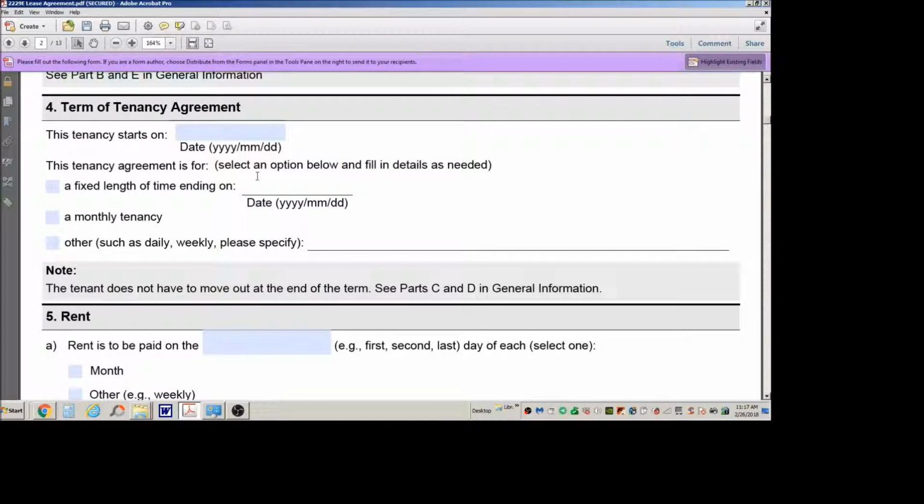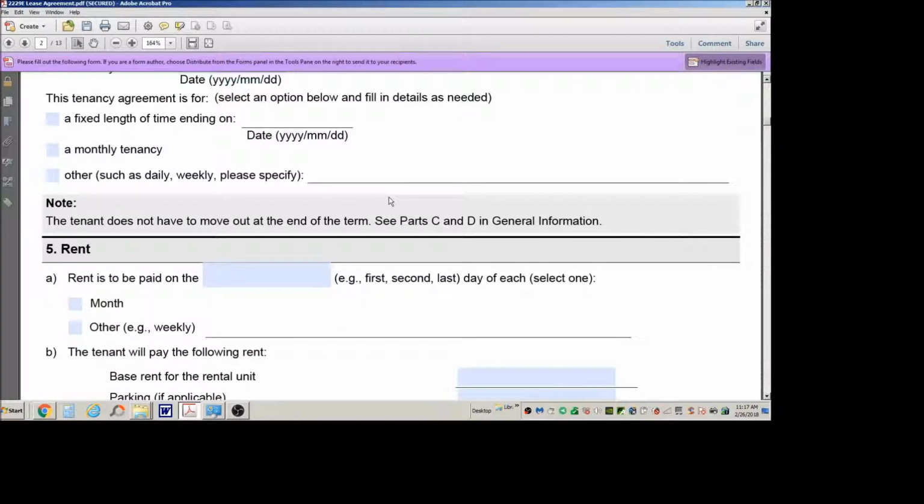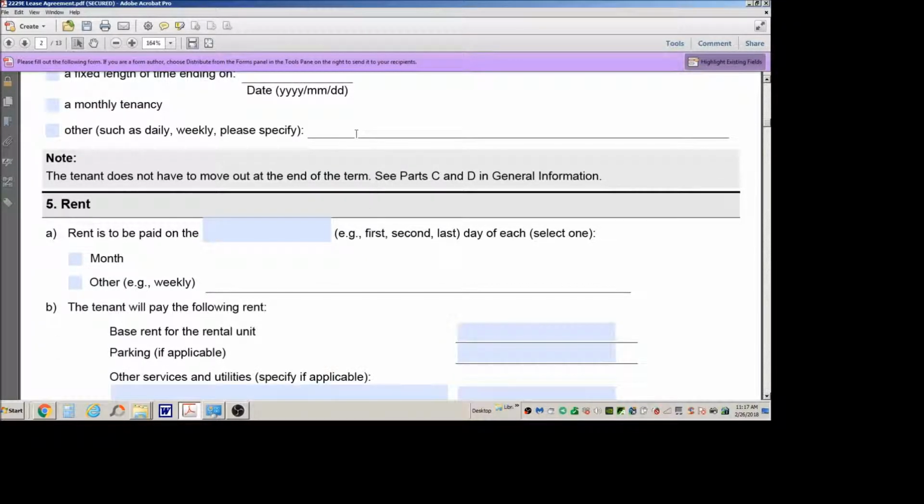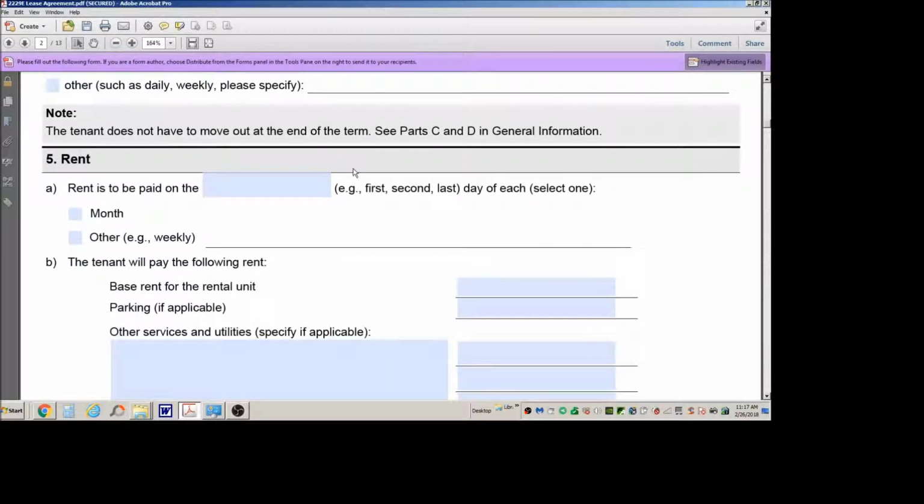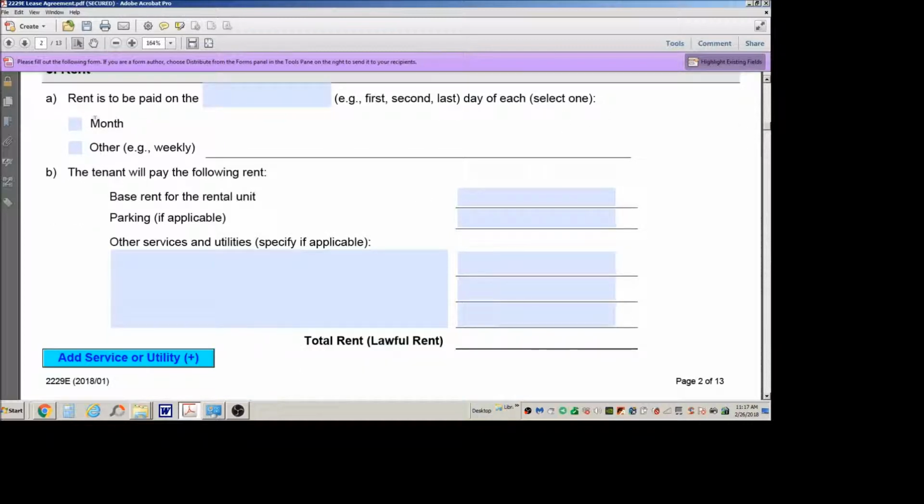Okay, so just to add to this, basically if you do a fixed length ending on, you can do it for even 2 years or 3 years, but usually it's done per year. The tenant automatically goes on month to month, and they still have to give 60-day notice when they're month to month. Now section 5 says rent is to be paid on the first, second, or last day